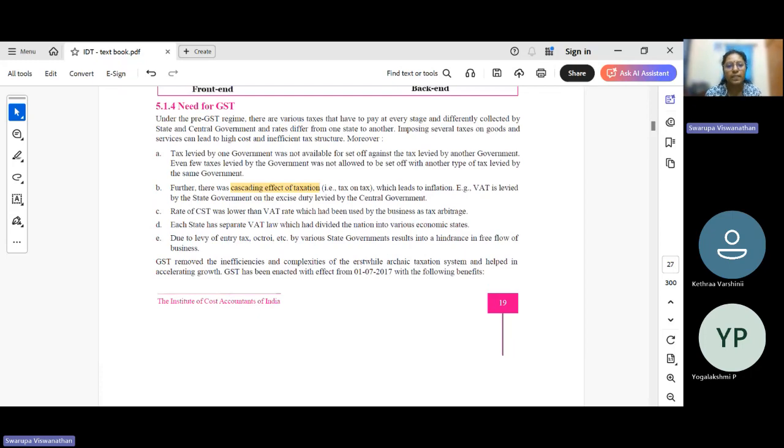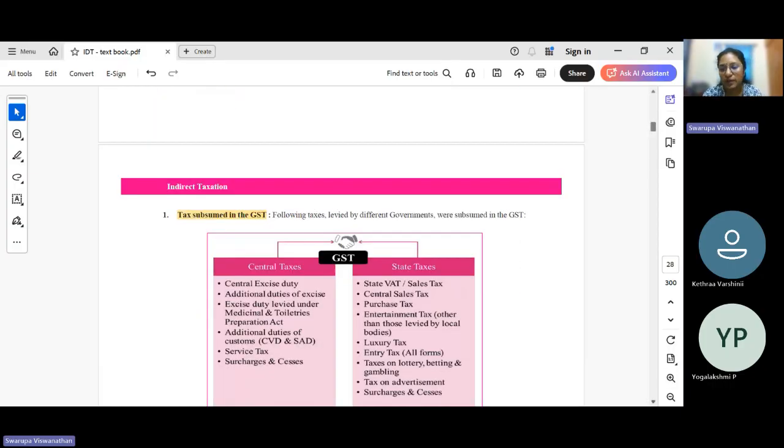Need for GST. So what is the requirement of GST? What are the advantages of GST? What were the difficulties that were faced in the old regime? For all these questions, you can have the same answer. What is the need for GST? Need for GST is to avoid the cascading effect of tax. The one nation, one tax concept was introduced. Okay, and different taxes by various states actually increased the difficulties for businessmen to do business. So that is the need for which GST came into being.